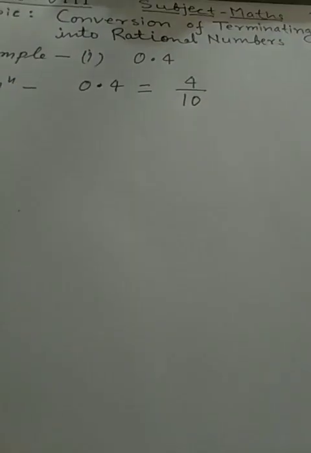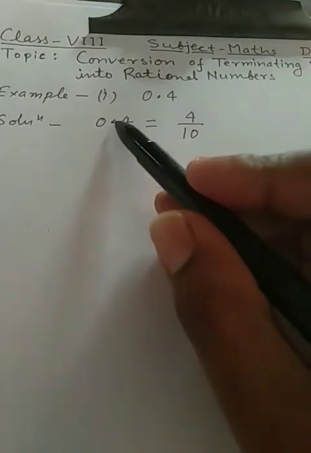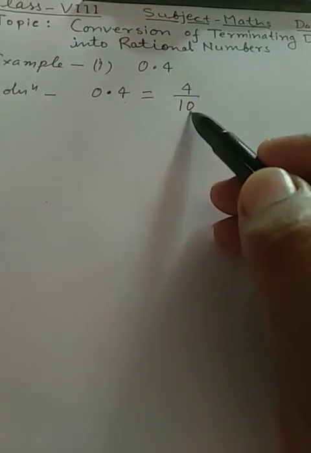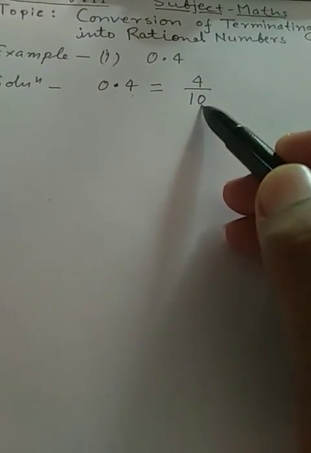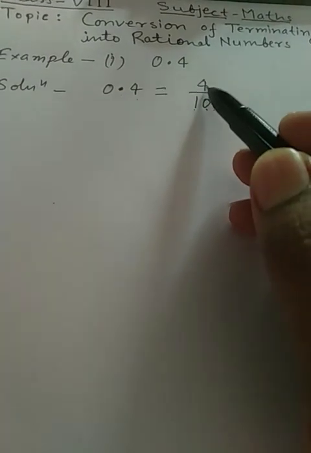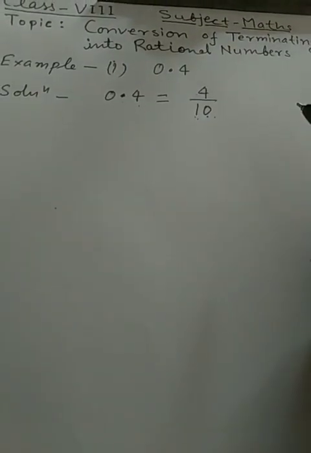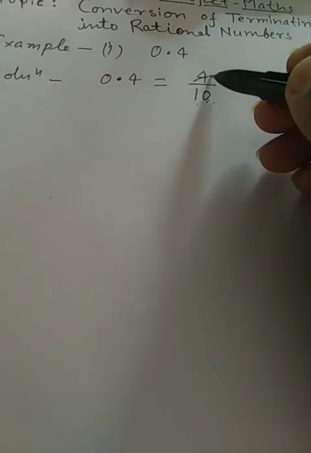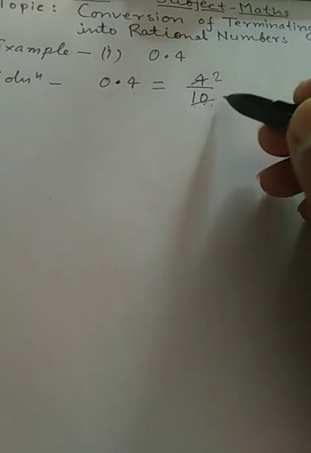This is the way you change a decimal into a fraction. The number of digits on the right side of the decimal is 1, so we put 10 under the number, because if you remove the decimal from 0.4 by 1, we get 4 by 10. Now we can reduce: 2 twos are 4, 2 fives are 10, and you can write 2 by 5 in the form of p by q.